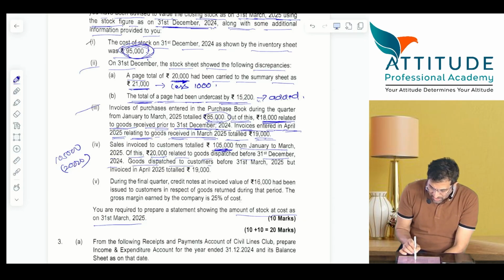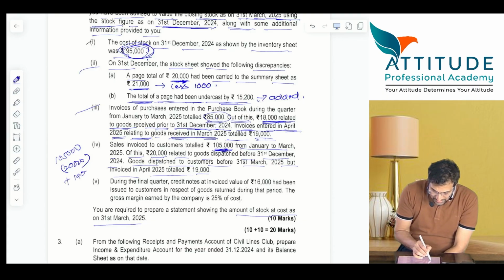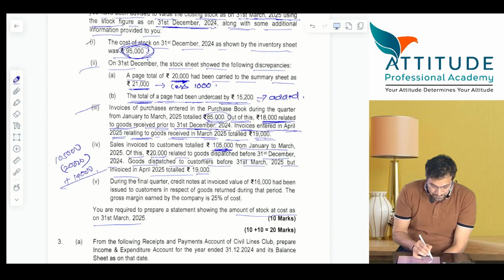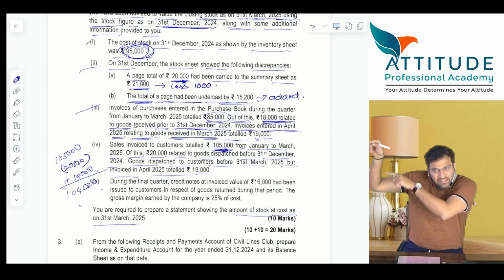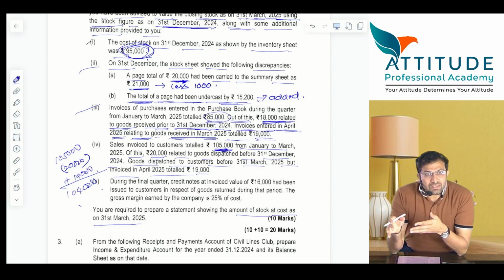Goods dispatched to the customers before 31st March but invoiced in April, total how much? 19,000. This should get what? Added, because this is sales of which year? This year. How much is the total? 1,04,000 is sales. This sales should get deducted because sales are deducted to find out the closing stock, because physical